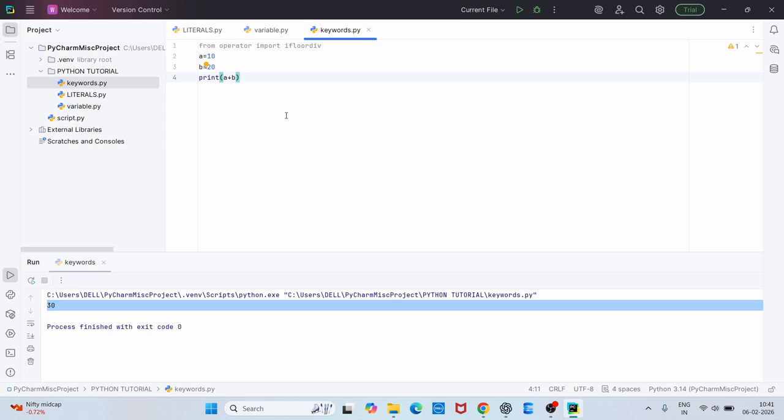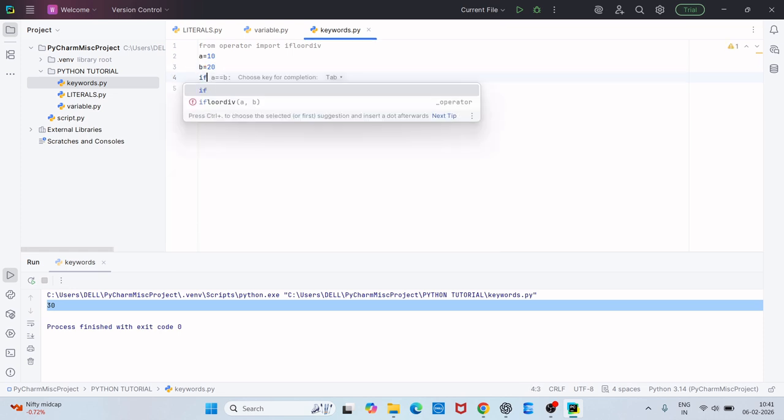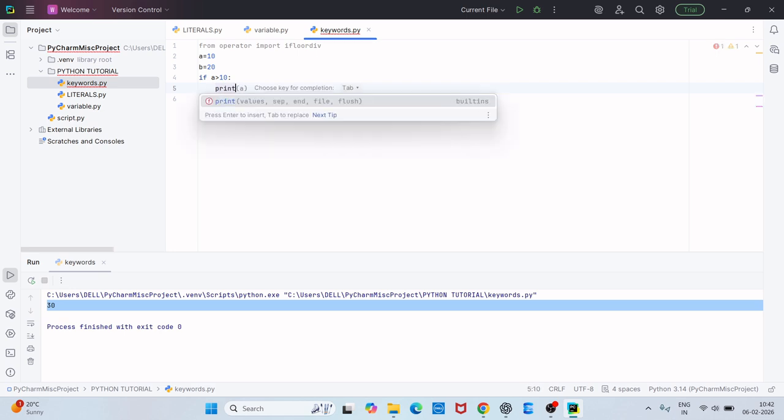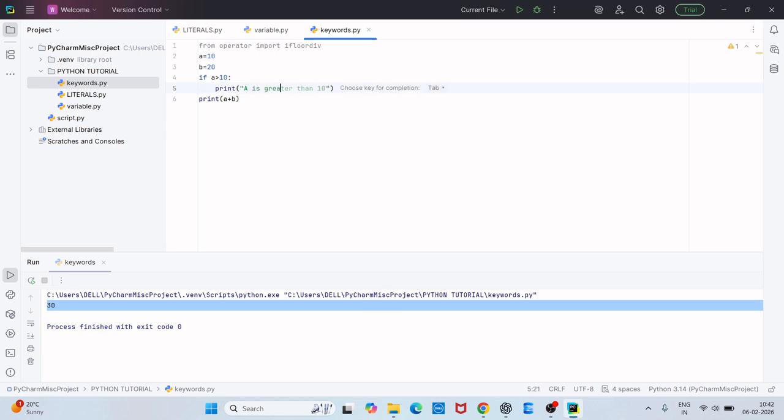Keywords are used for special purposes. For example, let me show you here: if a is greater than 10, print a is greater.